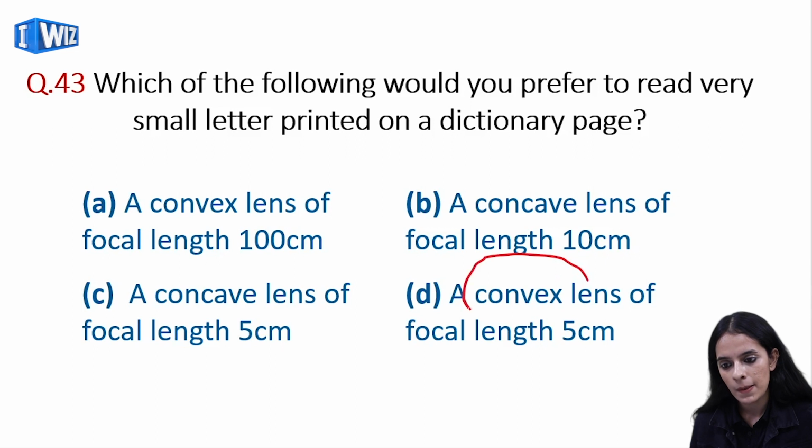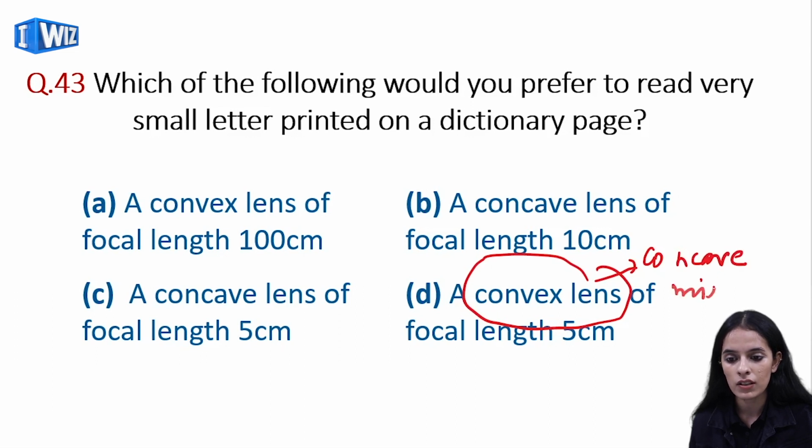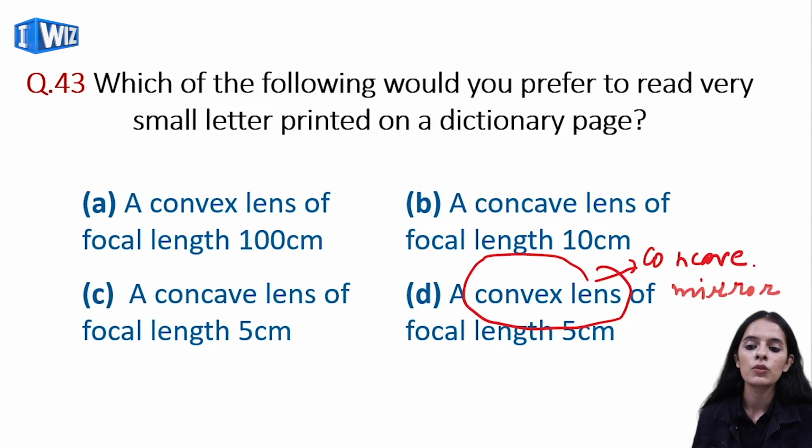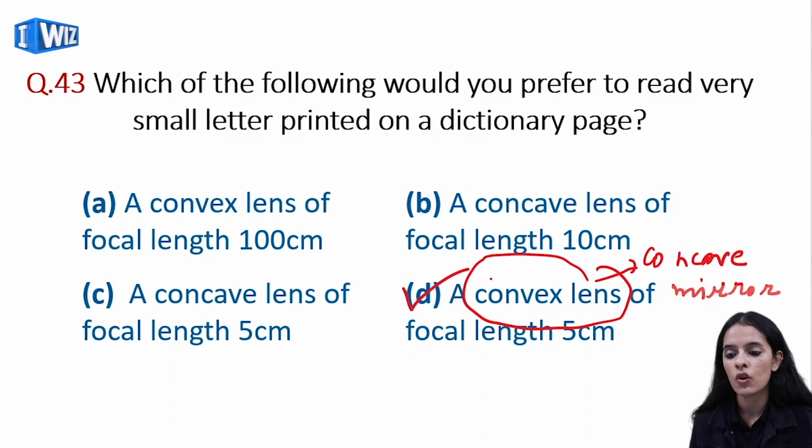So convex lens, it resembles something with the opposite mirror, that is your concave mirror. Which mirror? Concave mirror. We know that in case of concave mirror, to see an enlarged image, we have to place an object very close to it. So with least focal length. So in the working of convex lens, there are so many similarities between convex lens and the opposite of it. And what is that? Concave mirror. So what is the right option? A convex lens of focal length 5 centimeter, so that we can see the enlarged image.